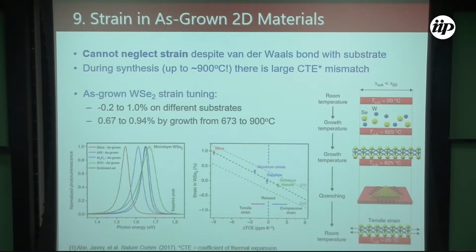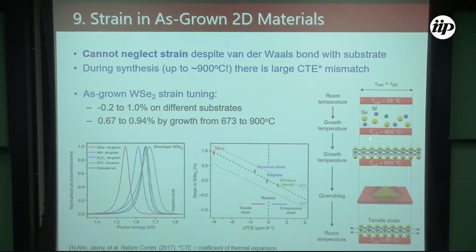Okay. Strain. You can see this is a rough draft, a rougher presentation. I really should have moved this strain slide earlier when I talked about strain already. But this is strain from growth, so I put it with my growth slides. For several years, my students and I were not really aware that when you grow these things directly on SiO2, or whatever we grow them on, there's actually a significant amount of strain built into our samples,